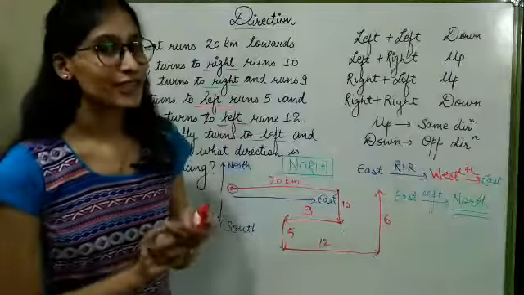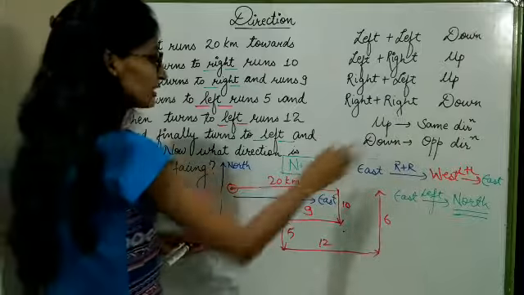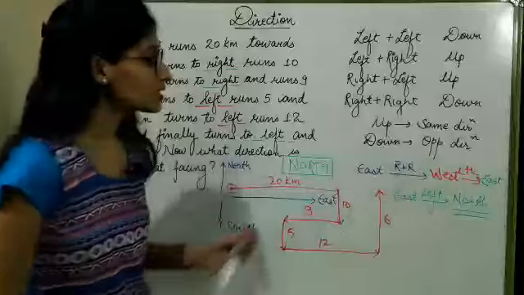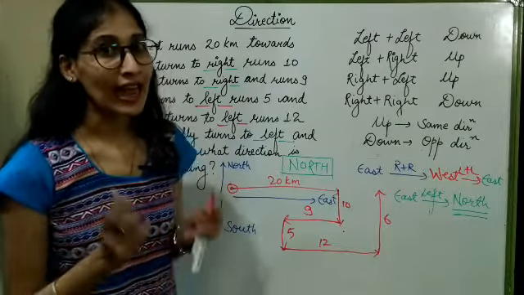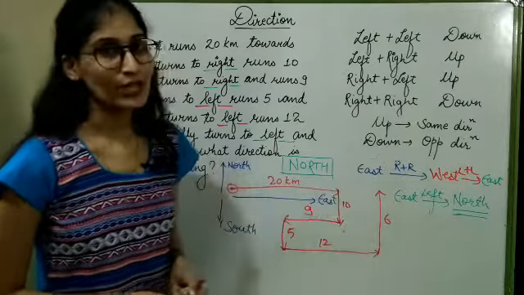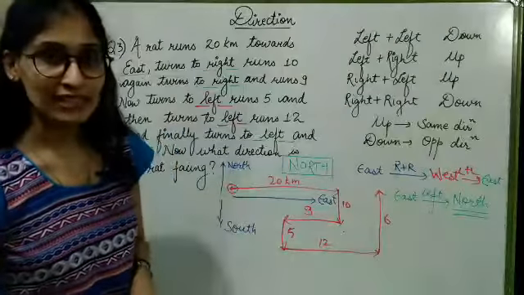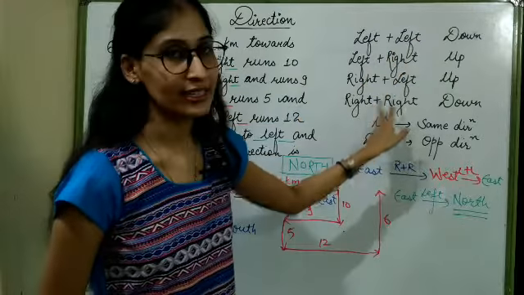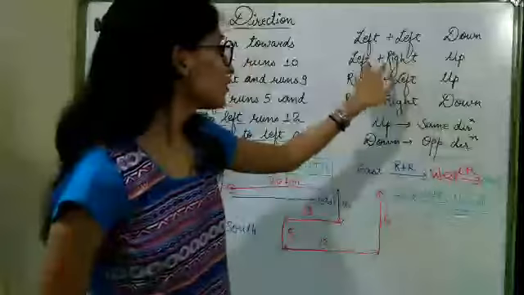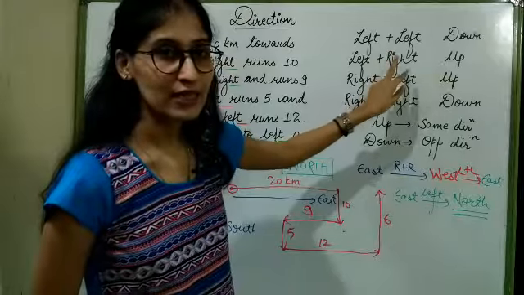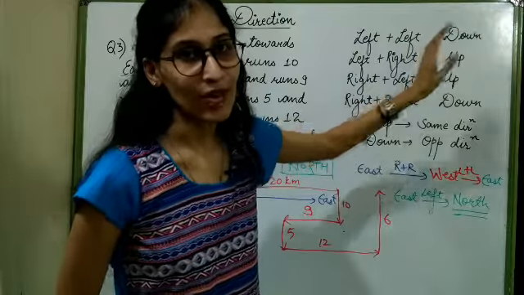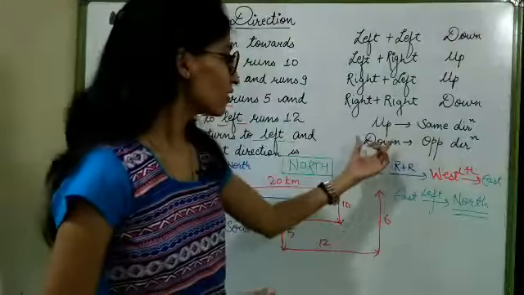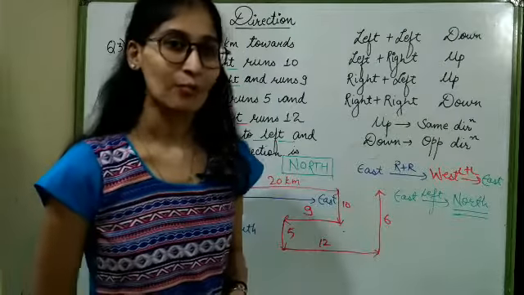So this is how we can solve direction questions with both the concepts. First, if you feel comfortable drawing a direction chart, use this. This one is a little easier and takes less time. So you can use this table also. It is very easy to learn this table. If both the directions are the same, like left or right, then you have to write down. If the combination of two is used, left plus right or right plus left, then you have to write up. If the result is up, write down the same direction. If the result is down, write down the opposite direction.